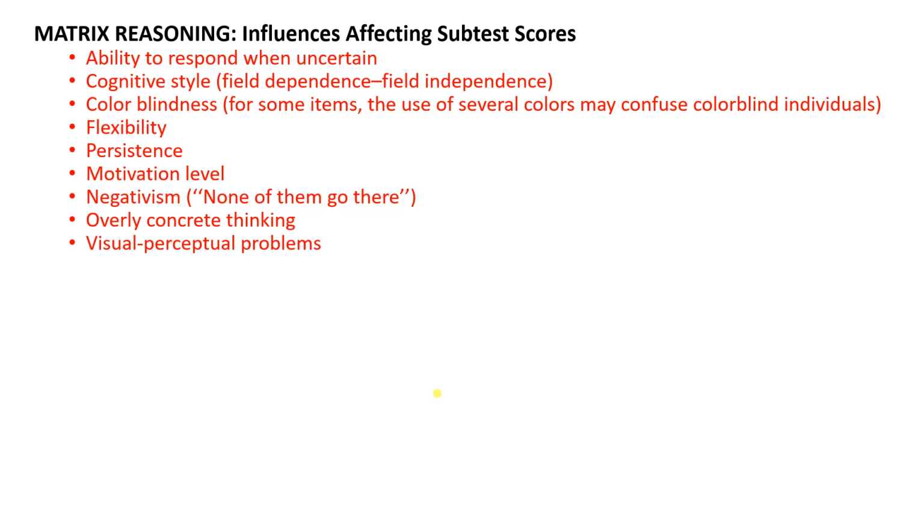Again, the cognitive style, field dependence, independence, color blindness. As you can see, the matrix involves different colors. So if any individual is having color blindness, he may perform poorly, and that will not reflect any pathology or any cognitive impairment as such, because color blindness resulted in poor performance. So we have to take into account, as I am saying again and again, these factors. Similarly, flexibility, persistence, motivation level, negativism. This is generally a pathological